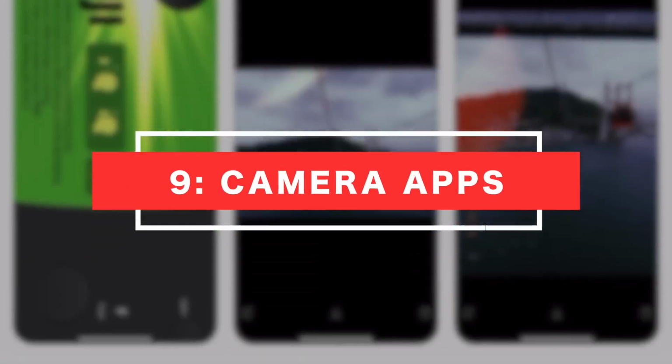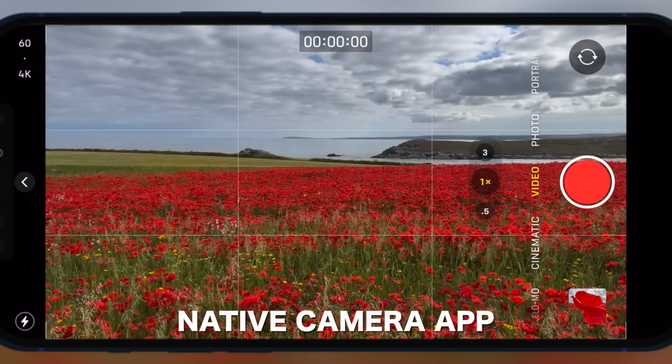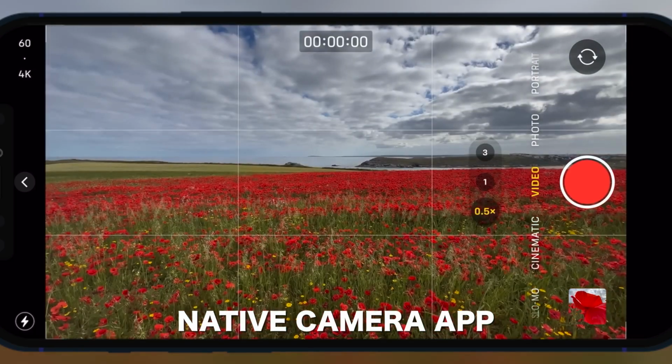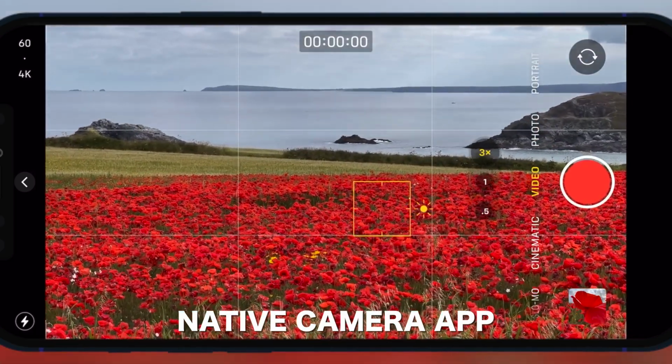Okay, number 9, camera apps. Let's talk about camera apps because this is important. Now, when first starting out, your phone's native camera app will be more than enough for what you need. The app is simplistic, it's easy to use and delivers great results. But for some of you, particularly those of you that are taking things a bit